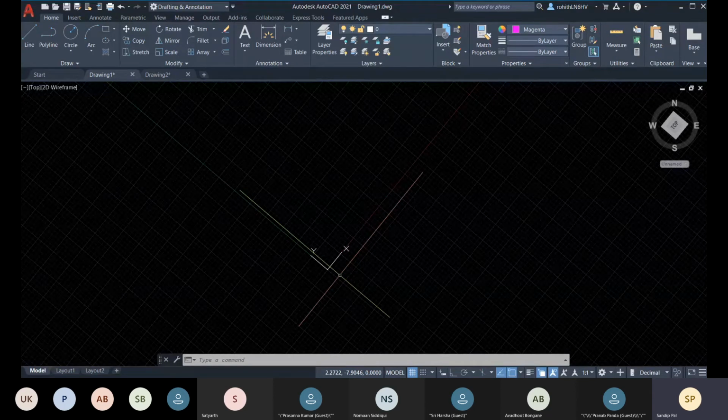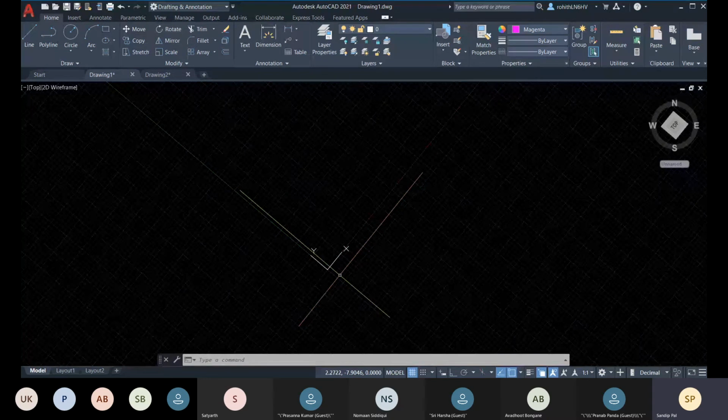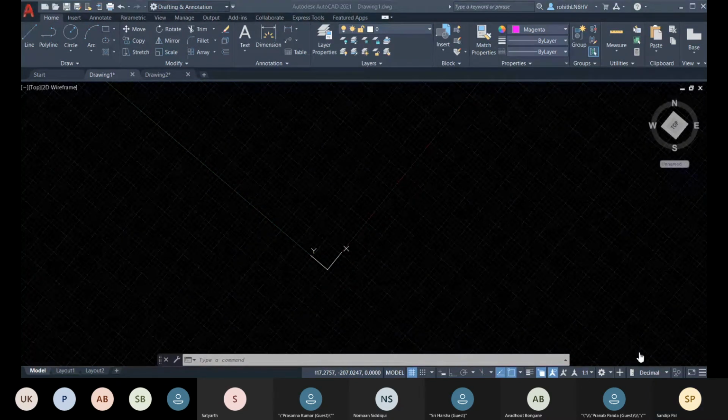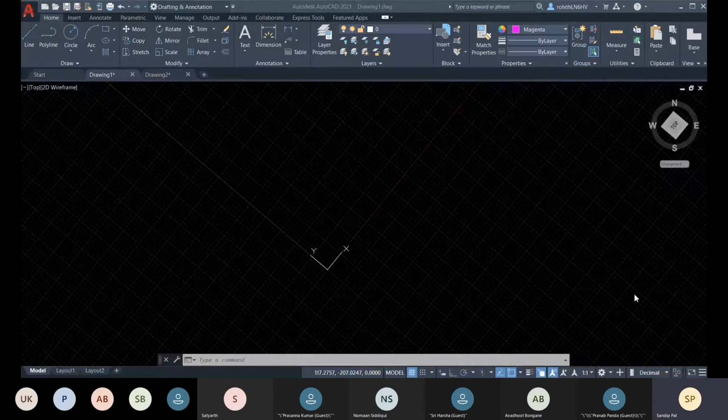We have two types of coordinate values: Cartesian coordinates and polar coordinates.